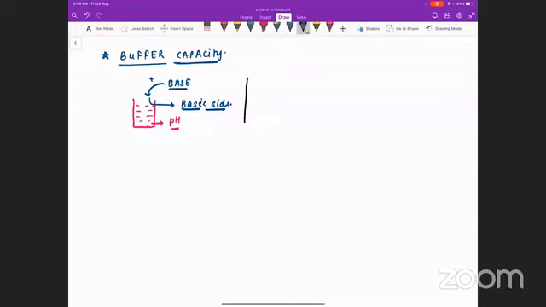Let's say another scenario. This time we take the same water, which is at a particular pH. Now before adding a base, we add a special molecule to the solution. Then I add the base. Then what I will notice is this time the pH will not shift. Whether I add acid or base, the pH is not going to change. It will remain the same.